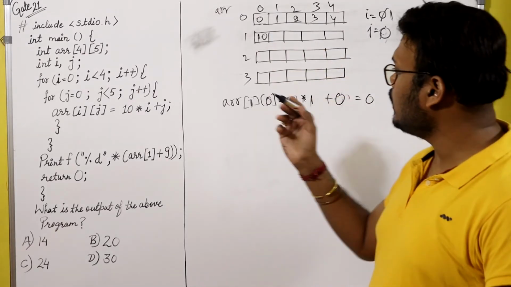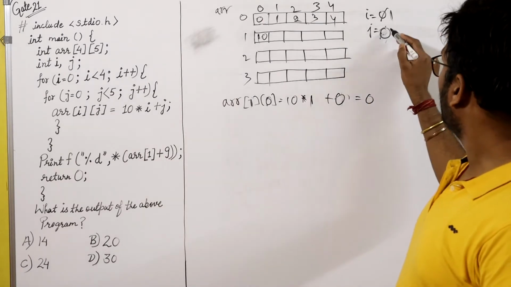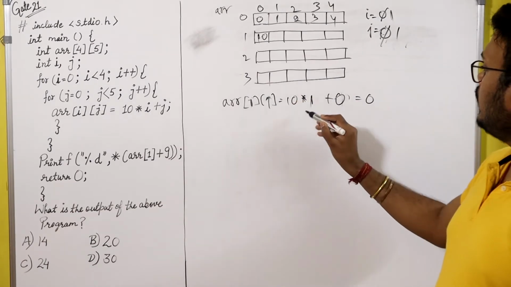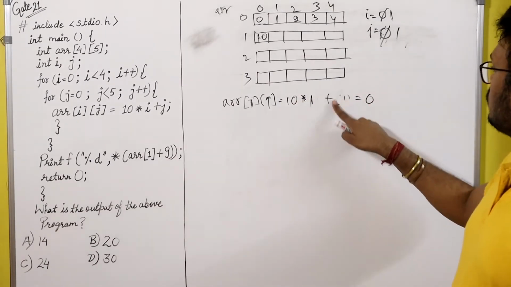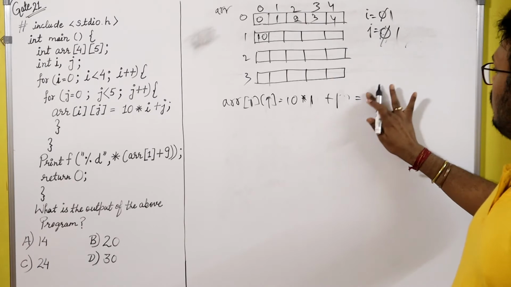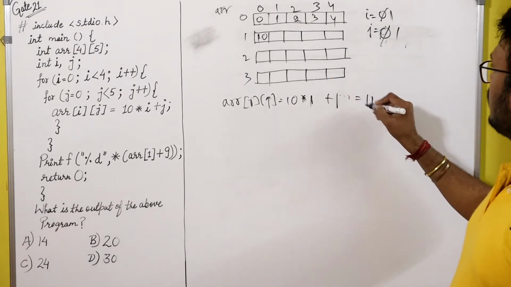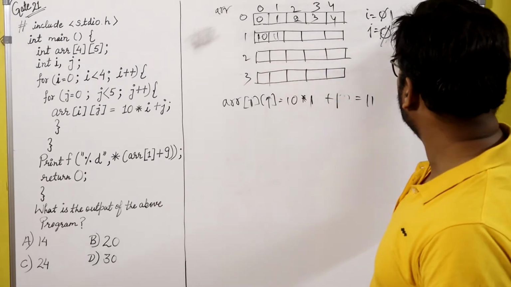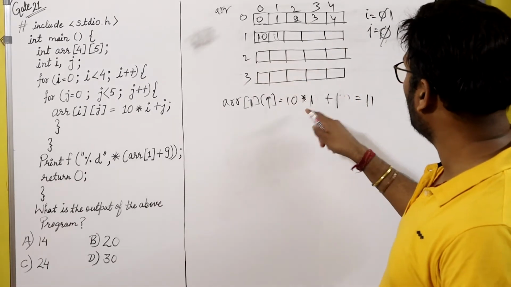Now j value will be incremented from 0 to 1. So now array of 1 1 is 10 into 1 plus what is j now? j is 1. 10 into 1 plus 1, that is 11. Similarly, it will be 12. j value will be incremented to 2. Now 10 into 1 plus,